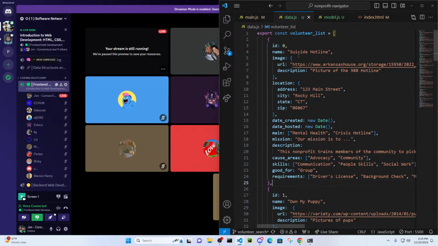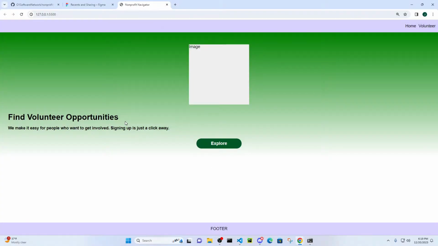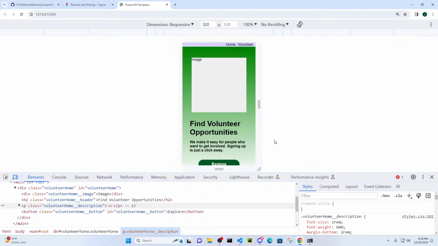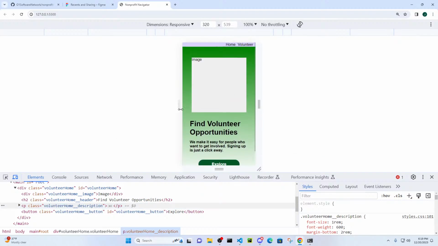So yeah, what we're going to be doing today is two things. The first thing, actually three things, but I'll just go over it. The first thing we're going to be doing is, and you can see we only have mobile styles for now. So this is the home page so far. We're not working on the navigation or the footer right now. Our main focus is just the